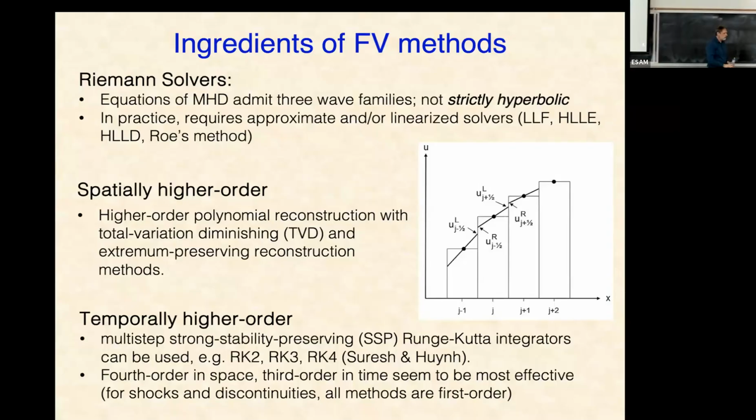Instead, you want to use higher order polynomial reconstruction to calculate the left and right state at each interface that you then feed into a Riemann solver. You want to calculate the structure, the subcell structure, if you like, of the solution and use that to calculate the fluxes at higher spatial order. So there's a whole literature on so-called TVD or total variation diminishing methods for doing reconstruction that's stable and accurate